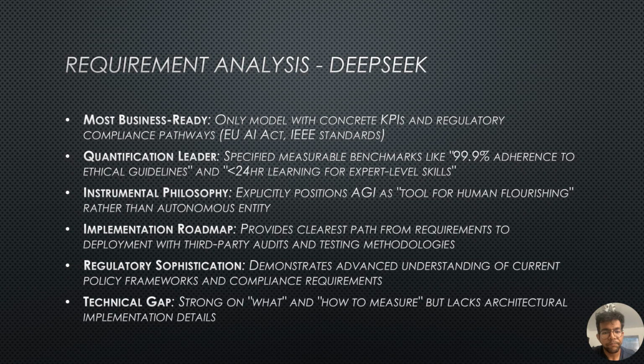and everything else was up to interpretation by DeepSeek. However, DeepSeek's weakness lies in technical architectural details, and this would be the weakness across all 4 LLMs except ChatGPT. We'll talk about ChatGPT dedicatedly because it was quite interesting. But yeah, in this situation, DeepSeek's weakness lies in technical architectural details. It gives strong details on what AGI should be and what it would be, but it did not give many technical requirements.